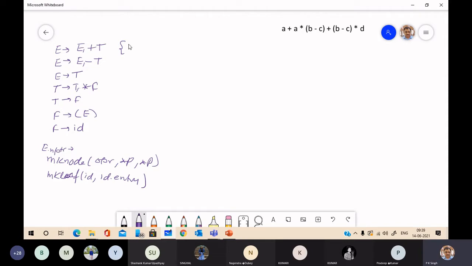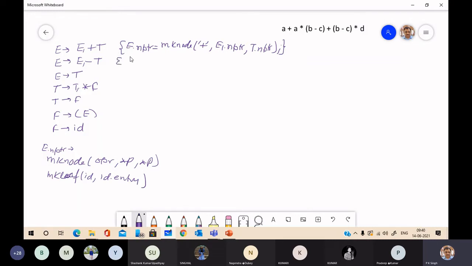So see, E dot nptr is equal to mknode plus, E1 dot nptr and T dot nptr. This is the action.